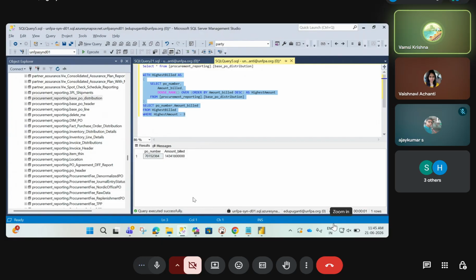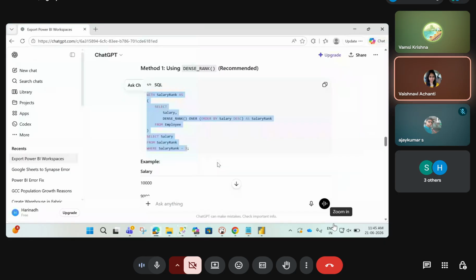So this is how we can use the dense rank. Okay, so the same thing we can use using the row number also. Like if you see in this,